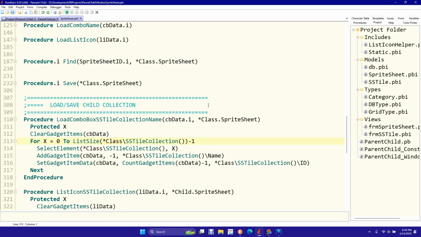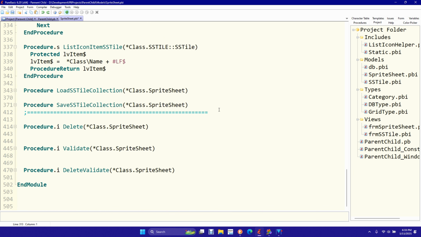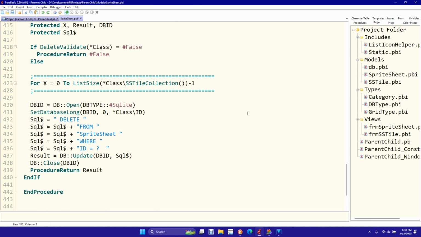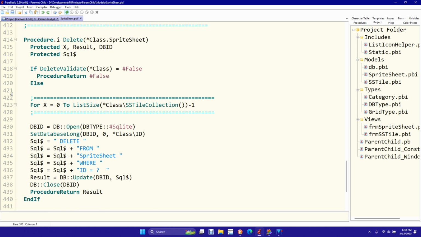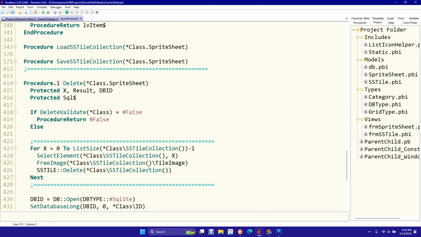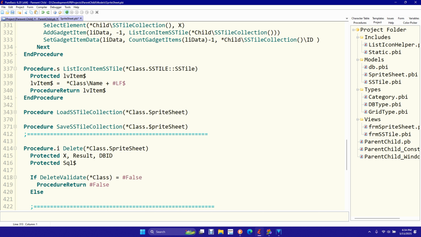There is the difference again in delete, just like everybody else has little tweaks, where he has to delete the child and then he deletes himself. So he deletes all of his children before he deletes sprite sheet. Just like find, he loads himself, then he loads his related children. Save, he saves himself, then he saves his children. So there's minor tweaks throughout, but those are the biggies. Those are why the parent-child collection is